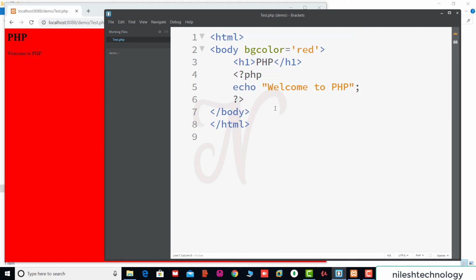So in this PHP program you can write HTML code directly. When you save your program with the extension .php, then it can also execute HTML, CSS and JavaScript code automatically. But when you save this program as .html, then only HTML code is executed. It does not execute this PHP script. So if you have any PHP script in your code, then save your program with the .php extension.